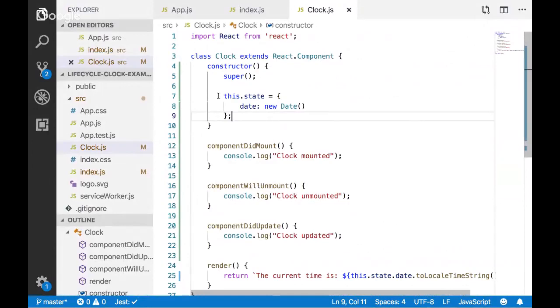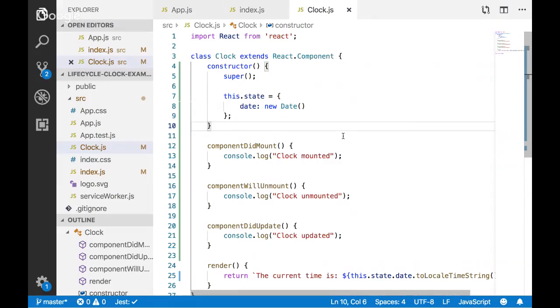So now we have to have it update at some sort of interval. And this is the part where we're going to start using some of these lifecycle methods, because we only want to start the interval for this clock when this component renders. So if, for example, this wasn't on the page the whole time and it gets rendered later, we don't want that interval going the whole time.